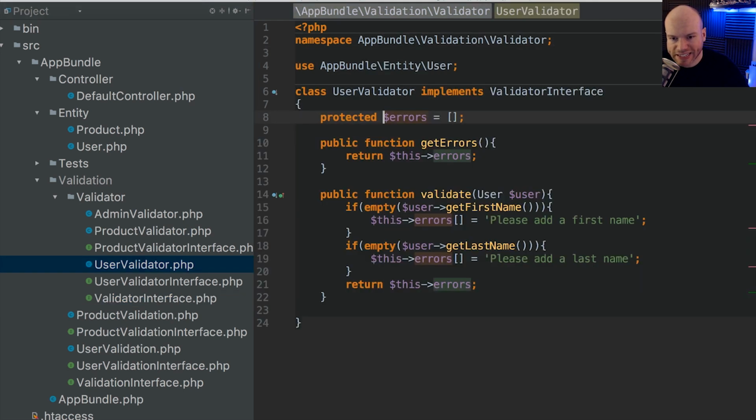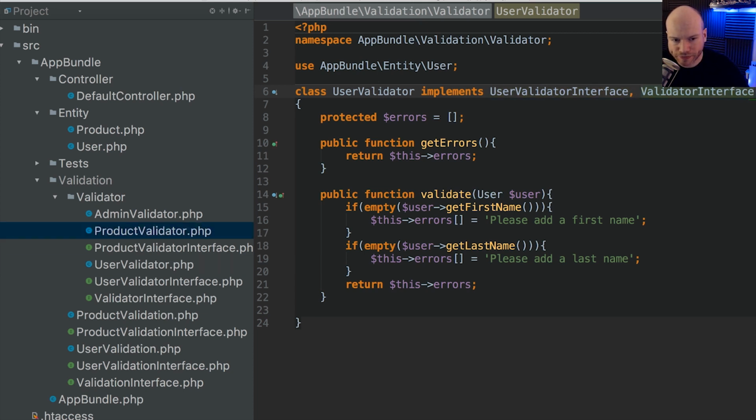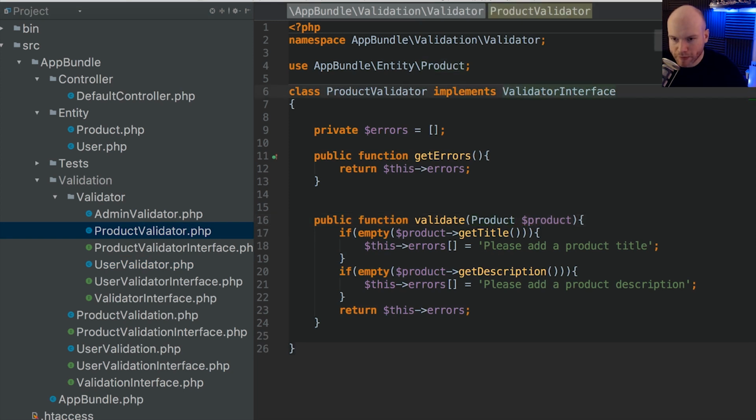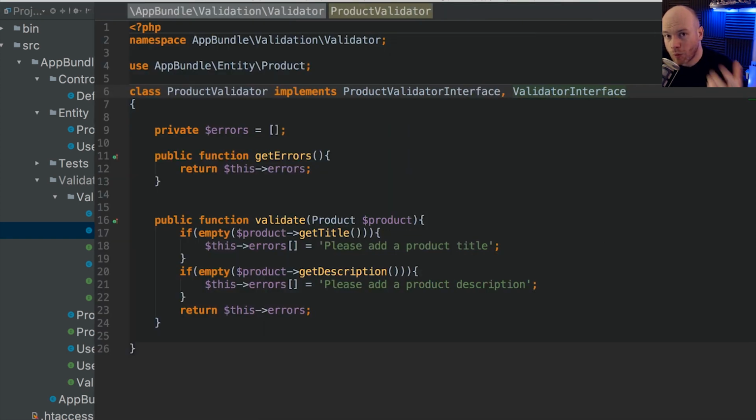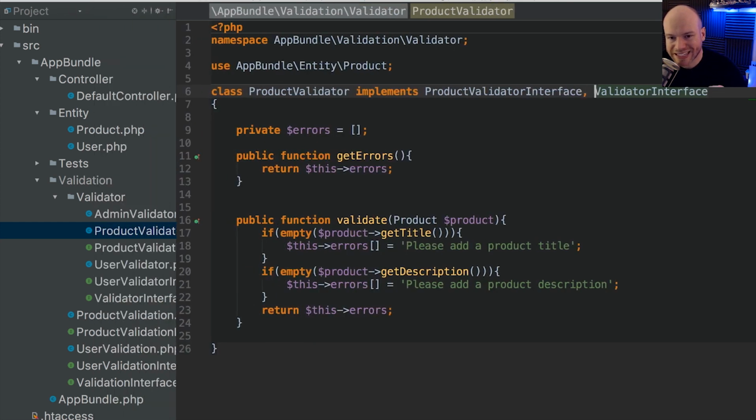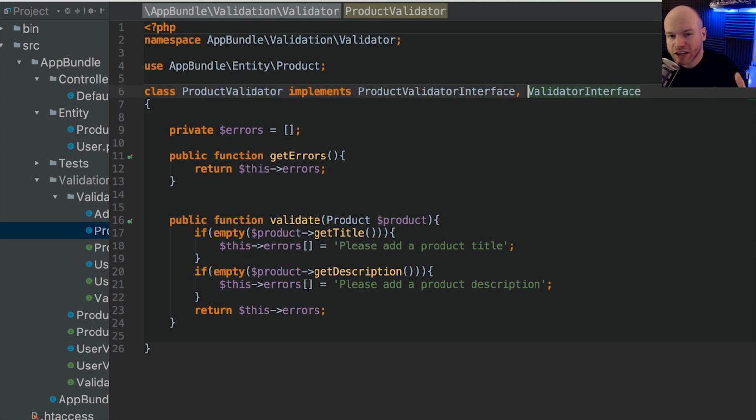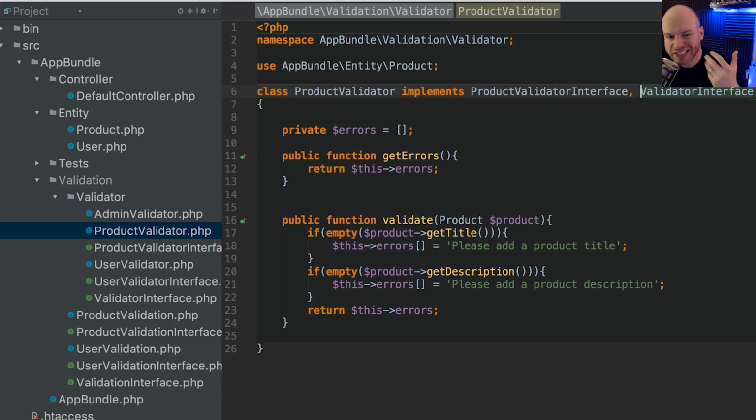So here we've got user validator has get errors, which is this errors up here, which is fine, and user validator also implements the user validator interface, like so, and also the product validator also implements the product validator interface. And one of the points that I want to make in this tutorial is that when you start finding yourself being too tightly coupled to certain things, what you should be doing is creating yourself other classes that allow for places to store perhaps generic